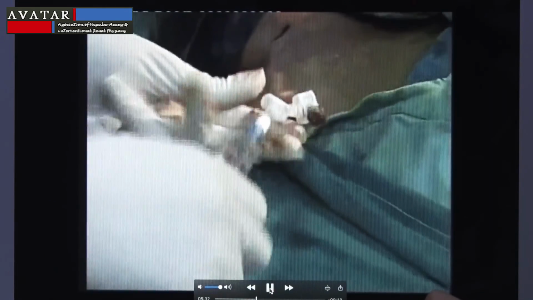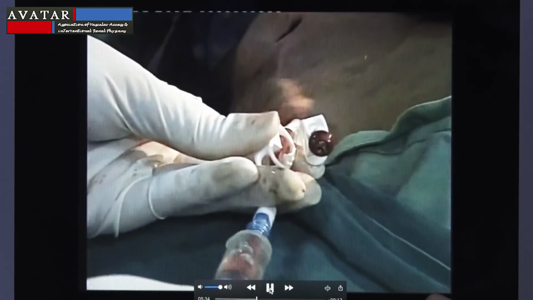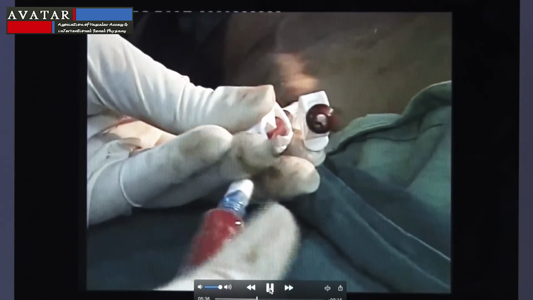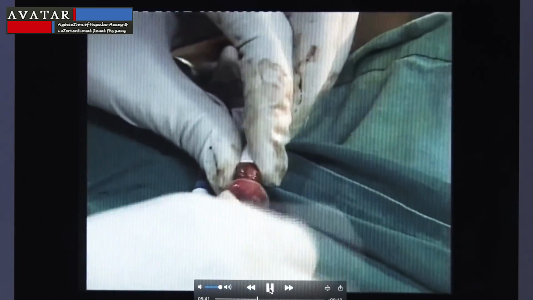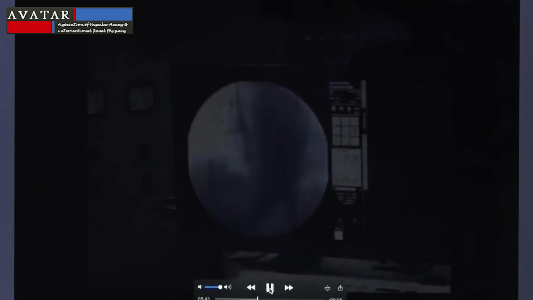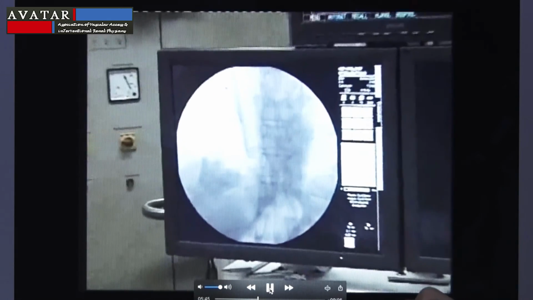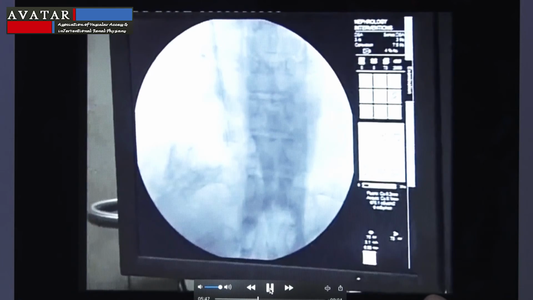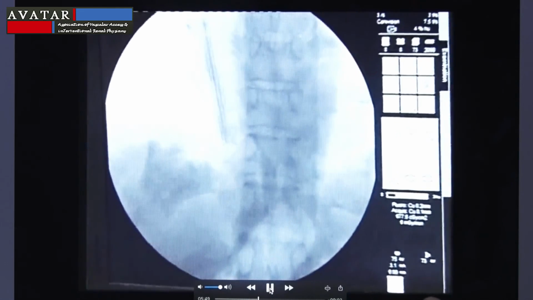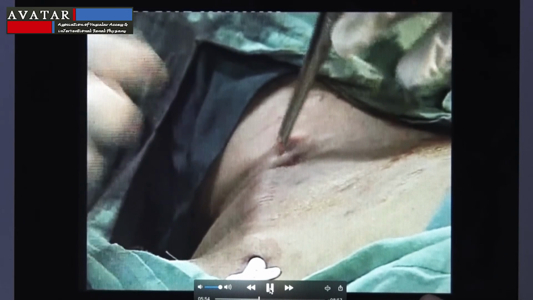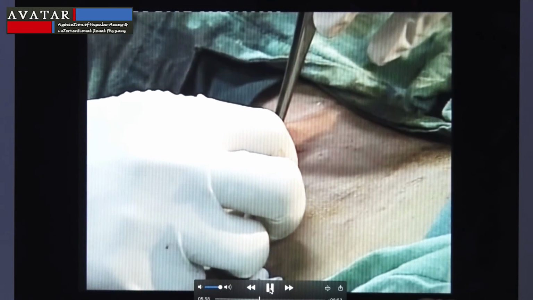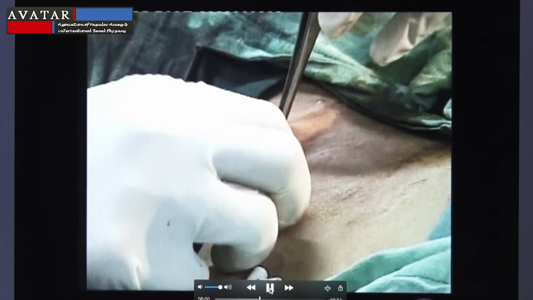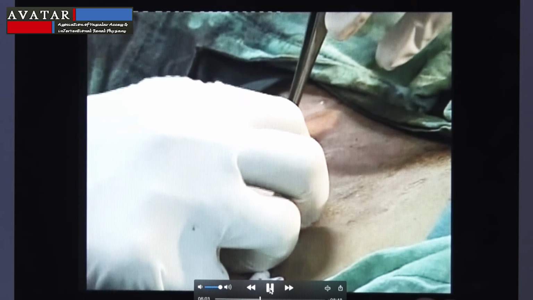Finally, we'll check the position and the flows. For the catheter to work successfully, the exit site, the kinks and the tip are important, along with a smooth curve. Again, the catheter tip has to be in the middle of the right atrium or 2.5 vertebrae below the carina. The catheter is then secured with the help of a suture and the flows are rechecked.